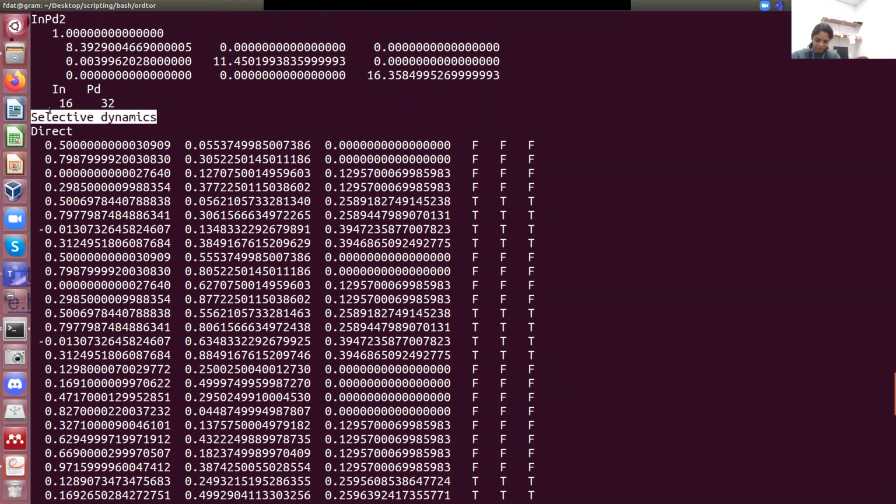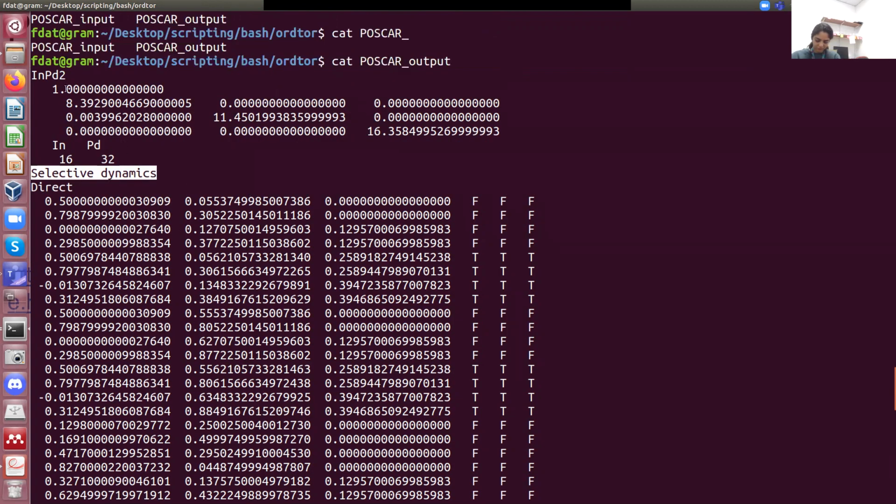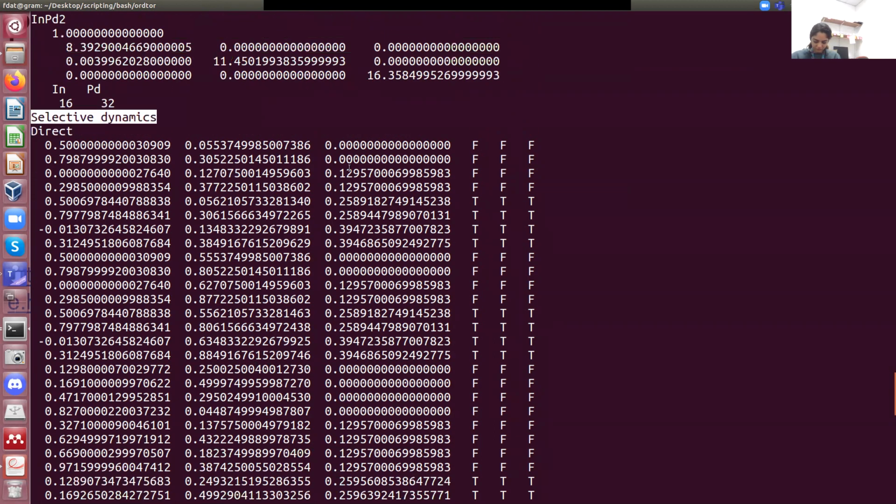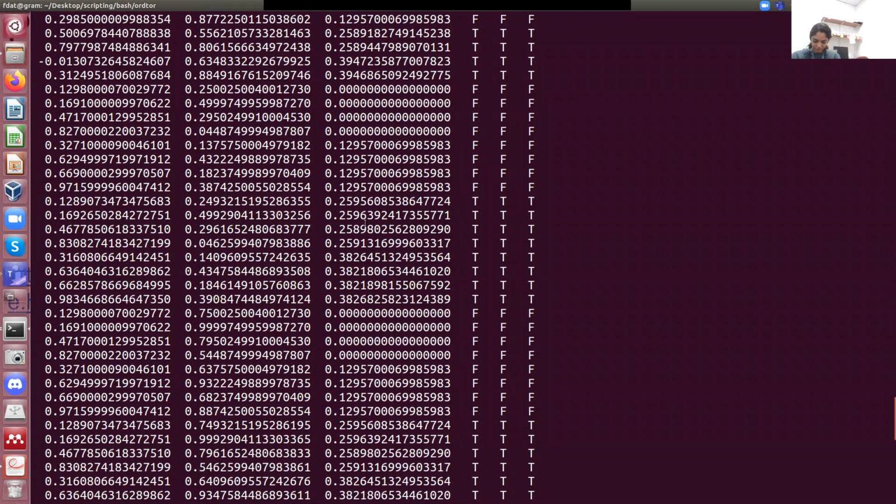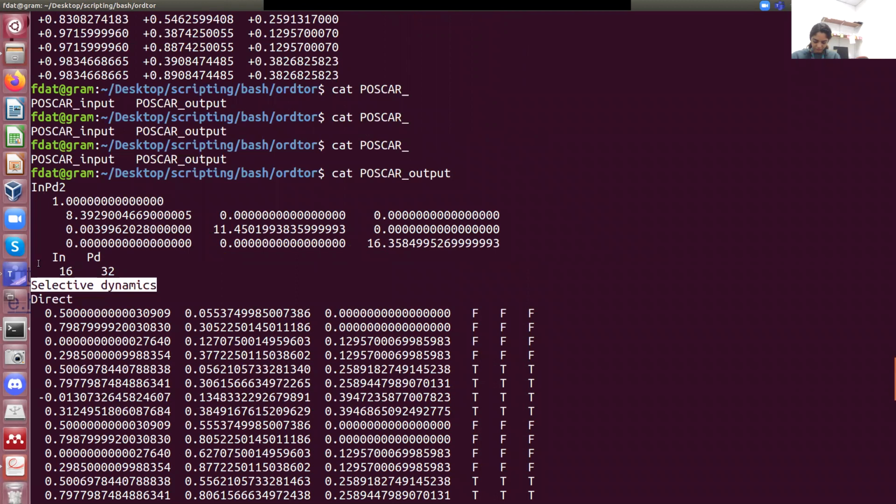The problem is that the way VASP gives you the structure of an intermetallic is that you put first all the atoms of a certain element and then all the atoms of another element. So if in the script you just decided to order all of them together, it would be a big mess, because you would just swap the atoms between them. The final system you get would not be physical.